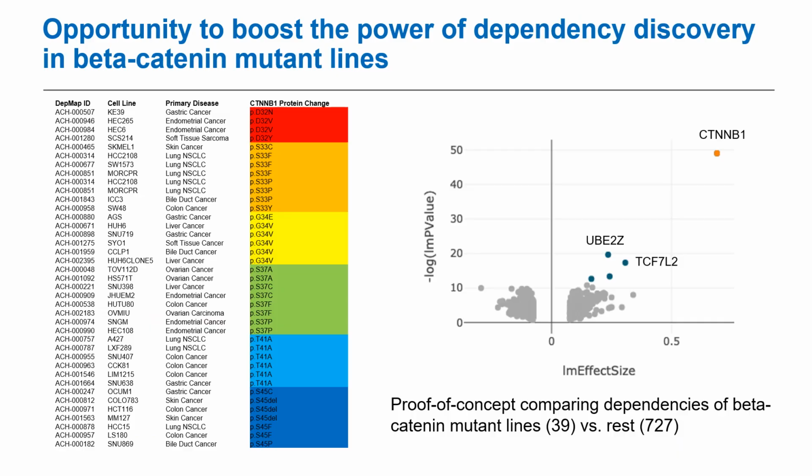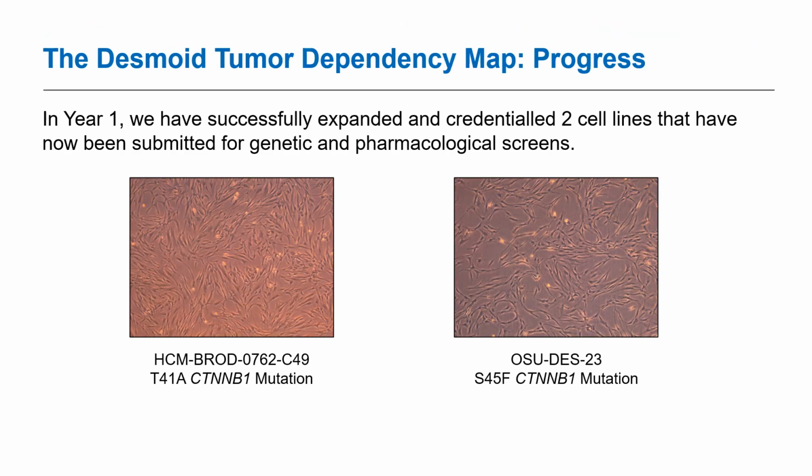As a highly relevant example to our community, we can study the vulnerabilities associated with beta-catenin mutation status. As a proof of concept analysis you see here, we can indeed identify expected targets. And so we hypothesized that mapping the dependencies of desmoid tumors will uncover beta-catenin-related as well as unrelated vulnerabilities. With an increased number of cell lines for a particular T41 or S45 variant, we can also boost the power of detecting mutation-specific vulnerabilities. Thanks to the support of the Desmoid Tumor Foundation, we've embarked on a 3-year project to